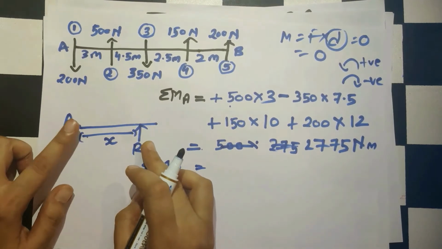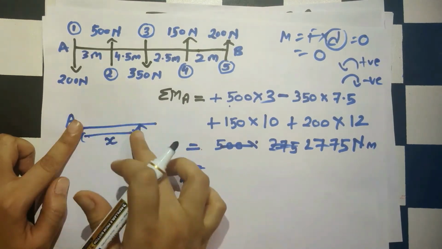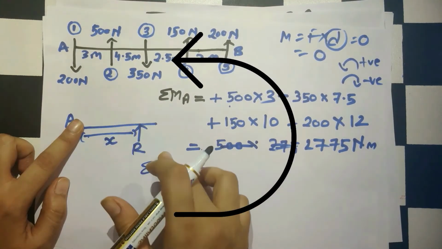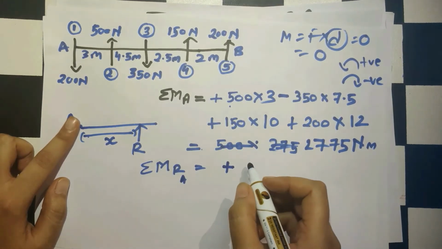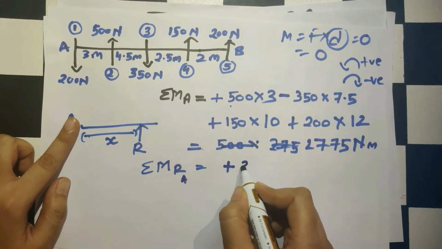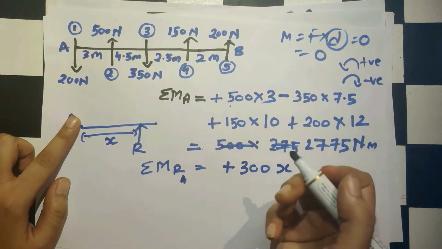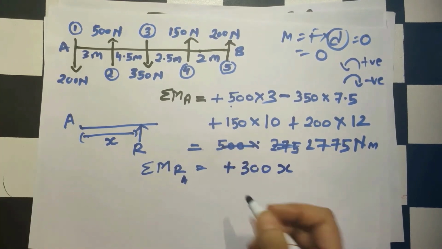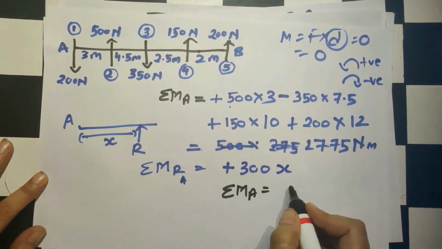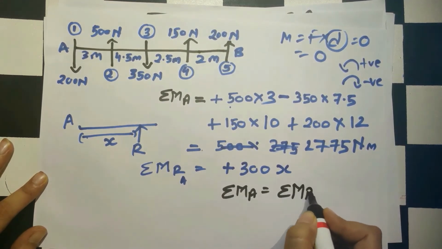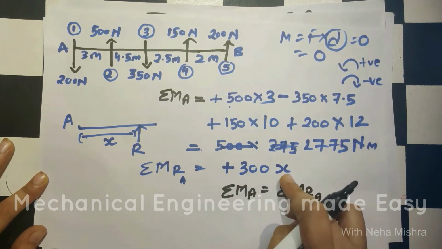Yes. Now put your finger at this point and bring this force along here, along this point. So it is coming in anti-clockwise direction, so it is positive. R is how much? We have seen R as 300. So 300, and I will take this as x. Now I have told you that the moment of all these forces will be equal to the moment of this R about this point. Now we just have to equate both these moments.